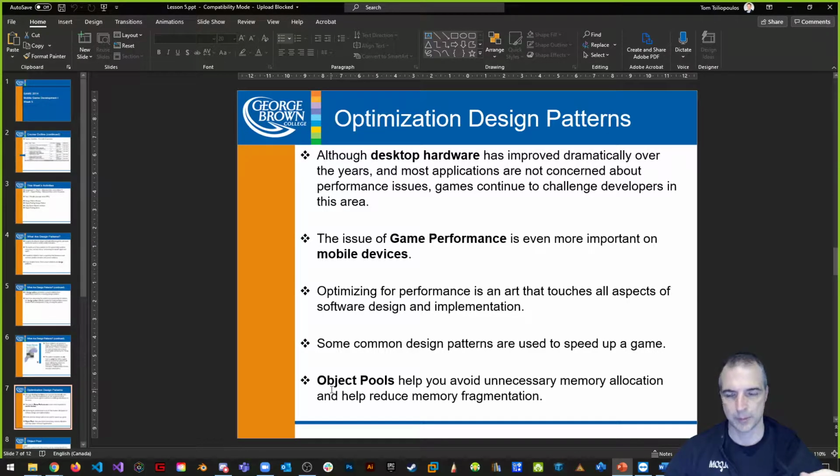So, currently our desktop hardware is pretty rocking. You can pretty much download and install the average software that's not graphics related, and if it's not game related, our hardware is awesome. For most modern hardware, you can handle almost any software that people make. Memory optimization is not really something that people care too much about if it's not related to game development. Game development, on the other side, really challenges software engineers, because there's a